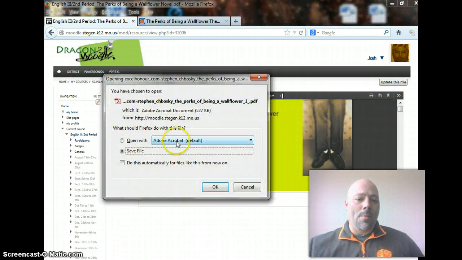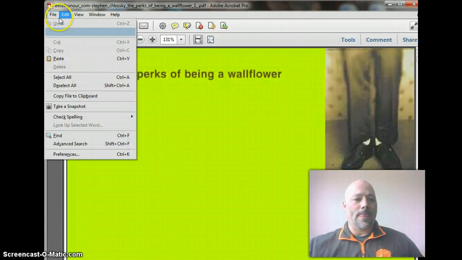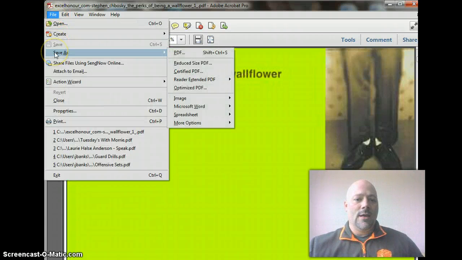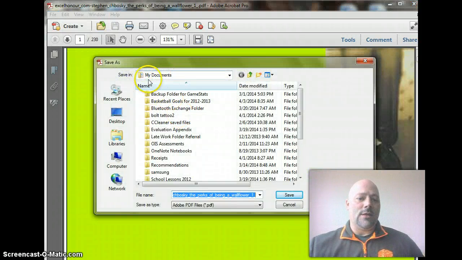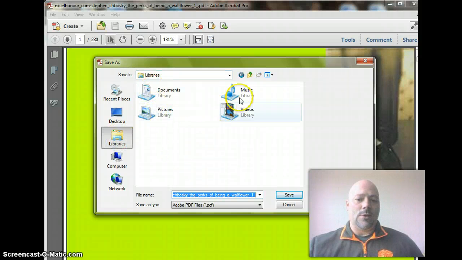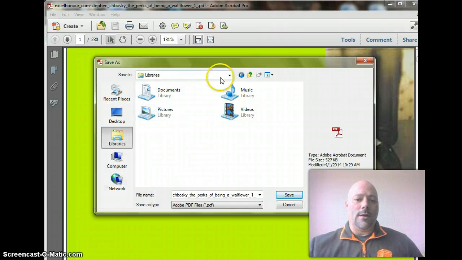That's going to bring it up. You can open it and then save it, or you can save it first. It doesn't really matter. Let's just say we open it, and when it does, it opens up as a PDF. You will then go to File, and you will go to Save As. You can save it as a Word document if you want, but the PDF is a little bit easier to read. So when you click on PDF, make sure you know where you're saving it. So when you go to your library, your document pictures, or wherever, or even if you want to right click and create a new folder, you may do so as well in that area.